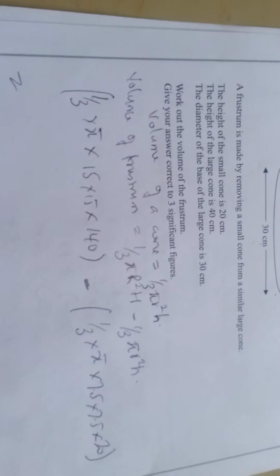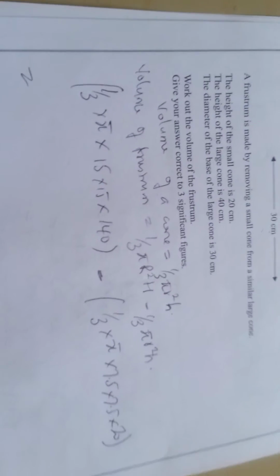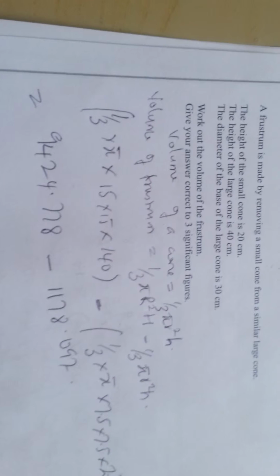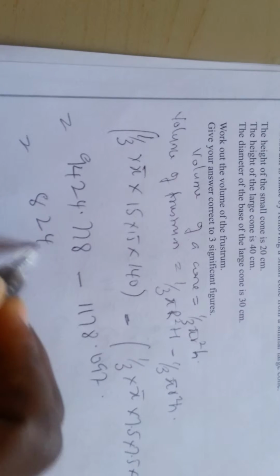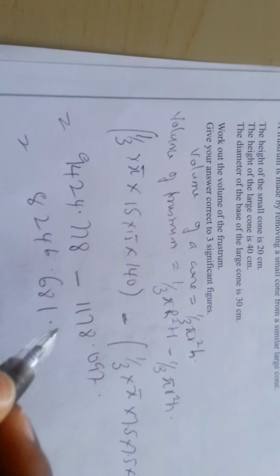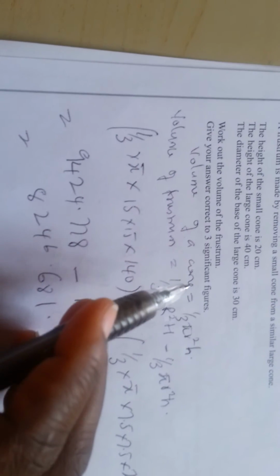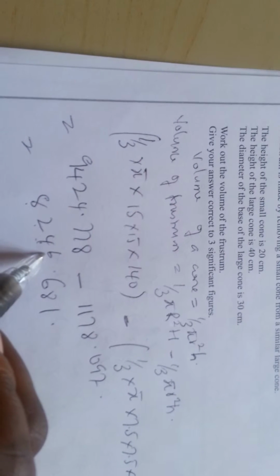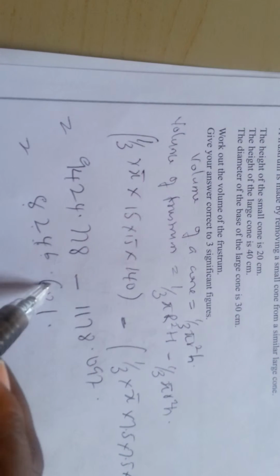So punching this out in our calculator, we're going to have 9424.778 minus 1178.097. Okay, and then it's going to give us 8246.681. Okay, but we're told to correct our answer to 3 significant figures, so you have 1, 2, 3. Now stopping at this, checking the next one is more than 5, so we add 1 here and the rest becomes 0, so it will be 8250